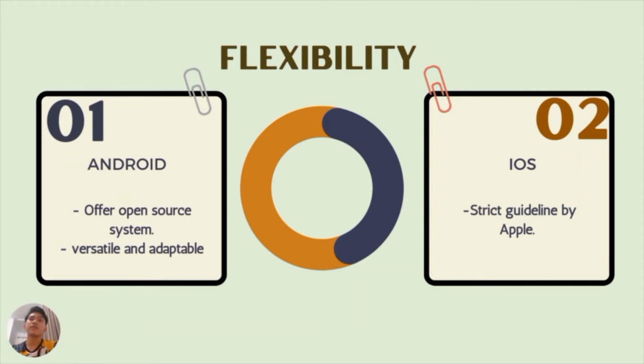As a comparison of flexibility between Android and iOS, there is a fairly significant difference. For example, for Android, any software may be downloaded and used on practically any Android smartphone, because they offer an open source system. This makes the Android development methodology more flexible. Android is well regarded for being a pretty straightforward operating system, but it is also quite versatile and adaptable, giving users a lot of flexibility over how everything is formed.